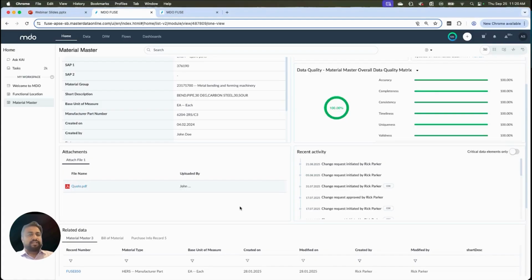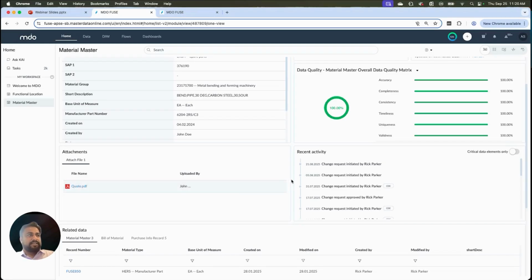Attachments is the list of all the attachments you have for this. They could be one or multiple fields where the documents related to this particular material have been attached, would all be listed down here, and would give you the information as to by whom these attachments have been uploaded. And by click of this, you can download these attachments into your local system.